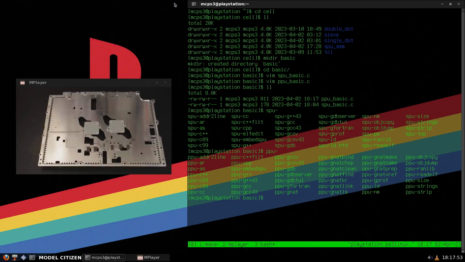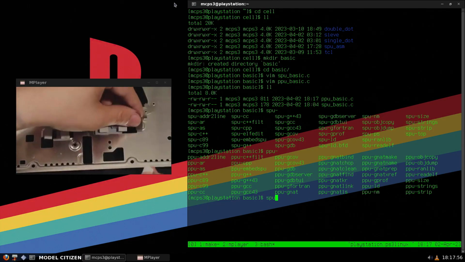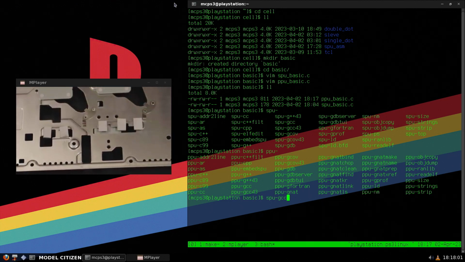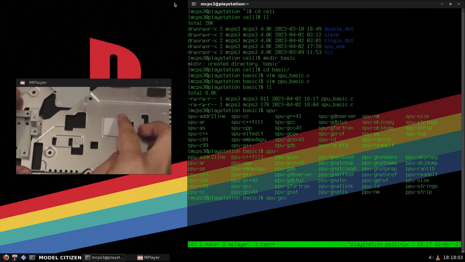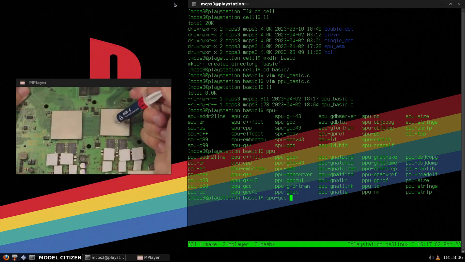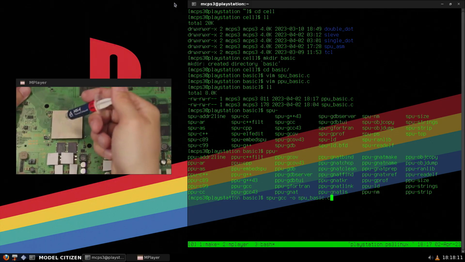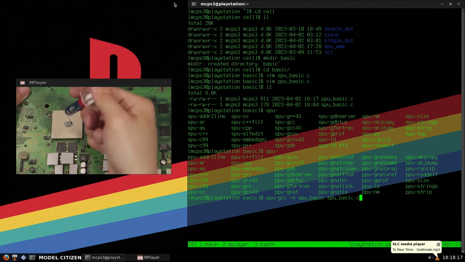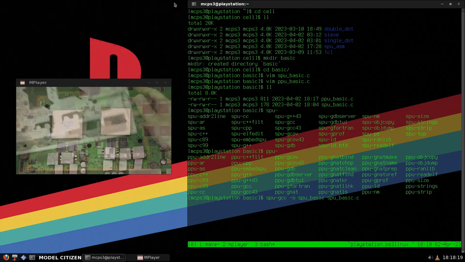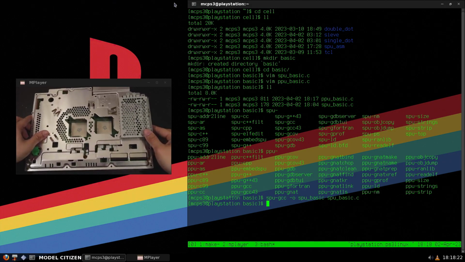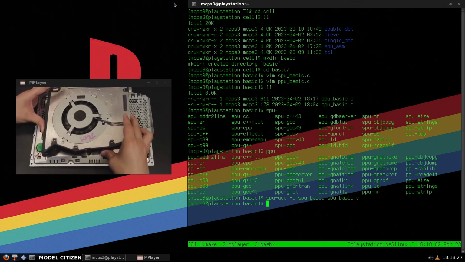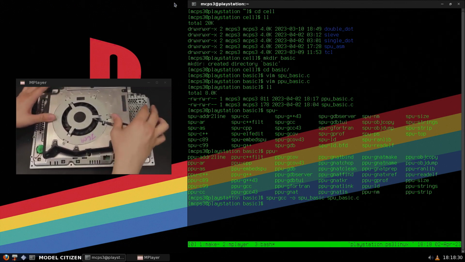So let's run SPU GCC. See if that builds. Very good. No errors. Now,